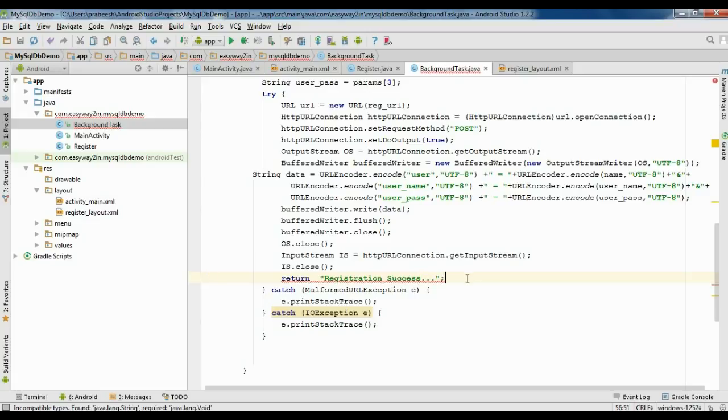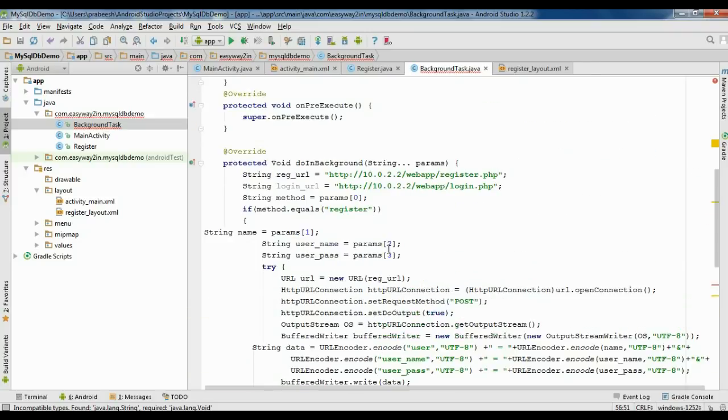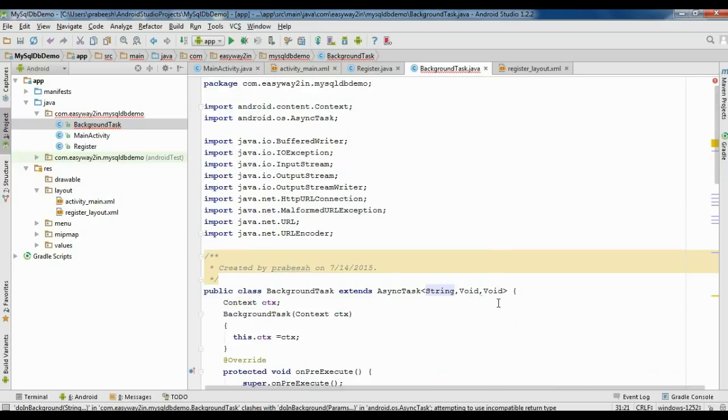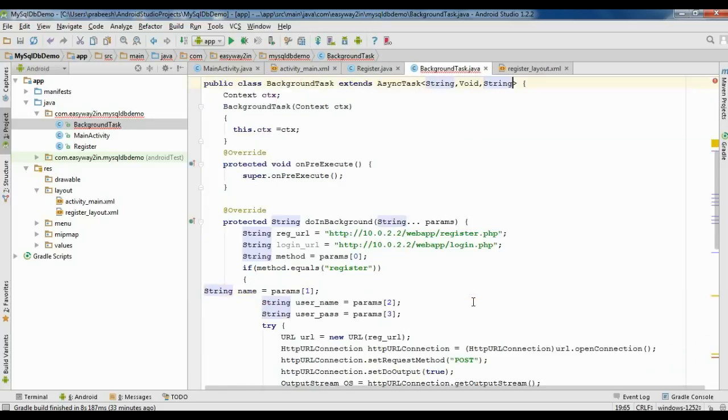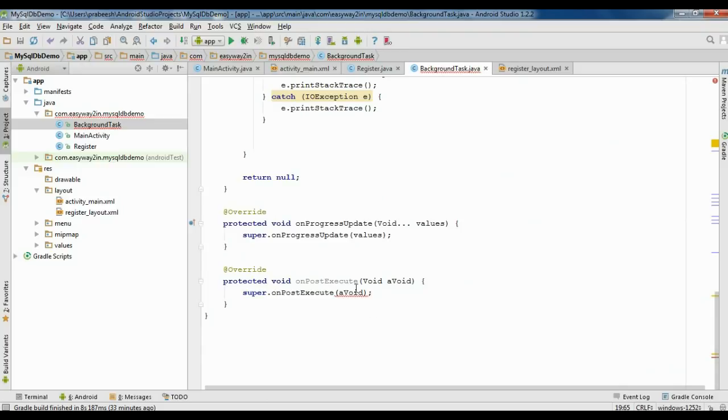Okay, so here from the doing background method we have some return type, that is string. So here you need to change this one into string. Now this is string. Okay, now we have to modify the generic type of the async task. So we have some result, that is string type. So change this one into string. Okay, and on the on post execute method, this argument is also string. Change this one into string